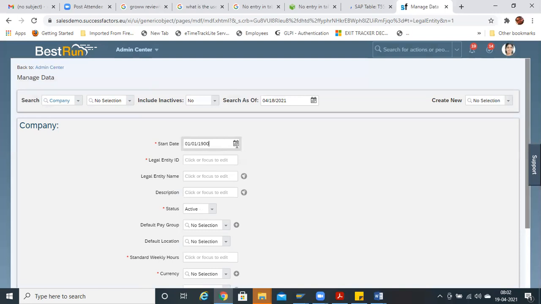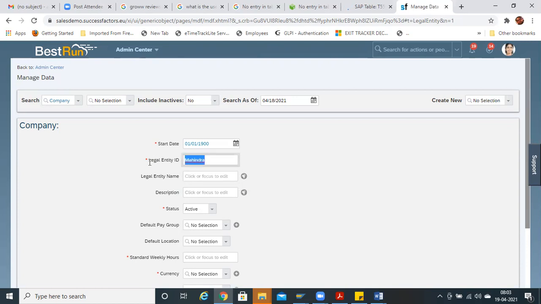Else you can maintain it as per the company requirement. If the company wants initial hiring in March, then you can maintain the March date. So for legal entity, like Tata Group, you can mention anything, Mahindra Group. These are basically front end. This ID is important. In future, you don't have to change this ID. You have to change only the name.